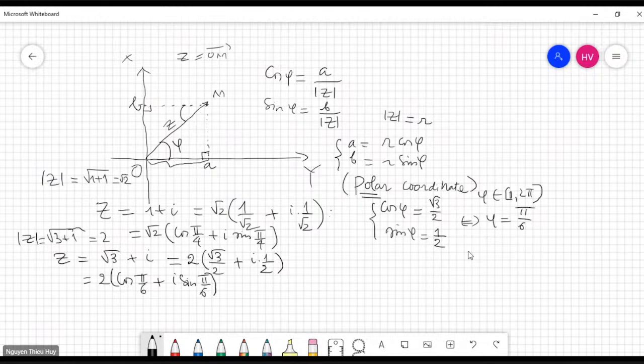Okay, this is a nice angle. So this angle and this angle are nice, so we can write pi over 4 or pi over 6. But now let's go to a little bit ugly angle, say 2 plus i. Now you can see the modulus of z is ugly: 4 plus 1 is 5, right? So we obtain square root of 5